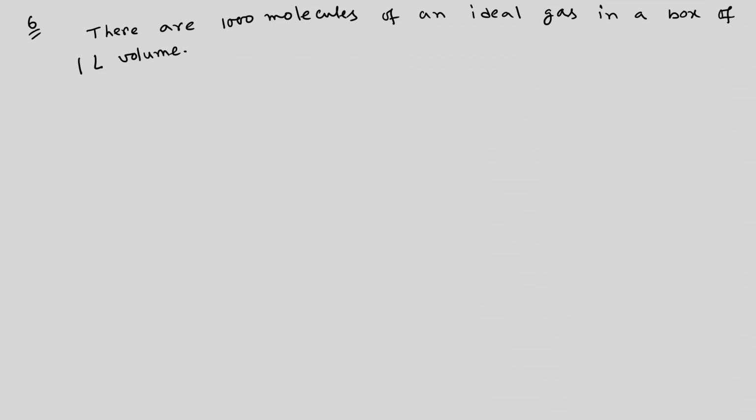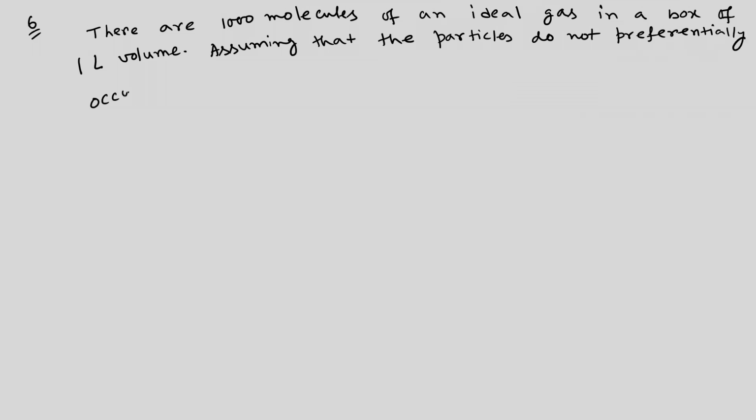So, there are 1000 molecules of an ideal gas in a box of 1 liter volume, assuming that the particles do not preferentially occupy any region,